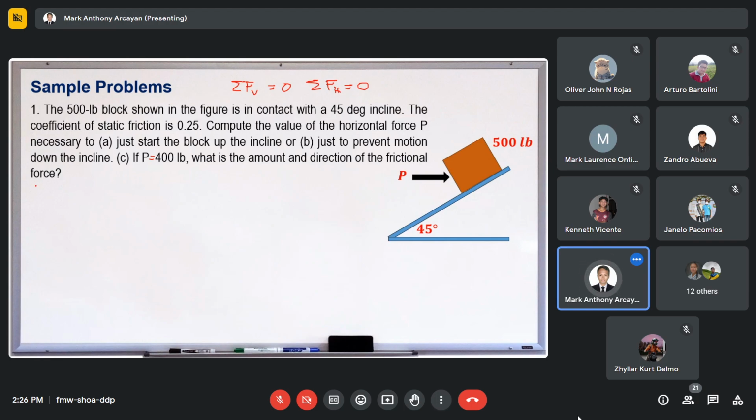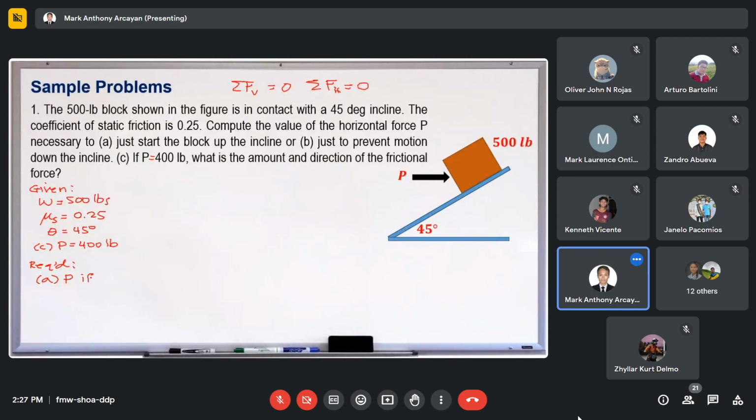Okay, so given we have the weight of the block equal to 500 pounds. Then we are given the coefficient of static friction, that's 0.25. Then the angle of the inclined plane is 45 degrees. Then in letter C, P is equal to 400 pounds. Then the requirements for this problem, for letter A, we're going to solve for the horizontal force P